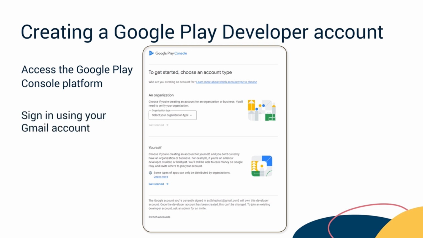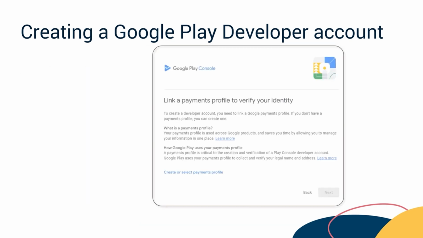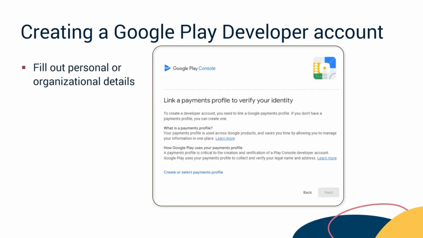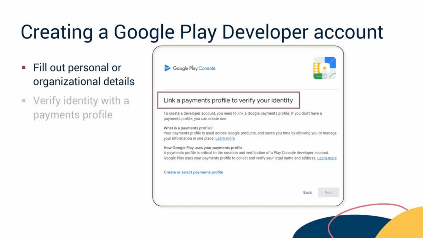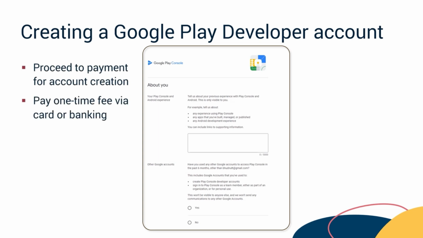Once you sign into the console using your Gmail account, specify whether you will own the app account as an individual or an organization. Based on your selection, fill out basic details about yourself or your organization accurately. To verify your identity, link a payment profile to your account. To create your developer account, proceed to the payment section and pay a one-time fee of $25 through a credit